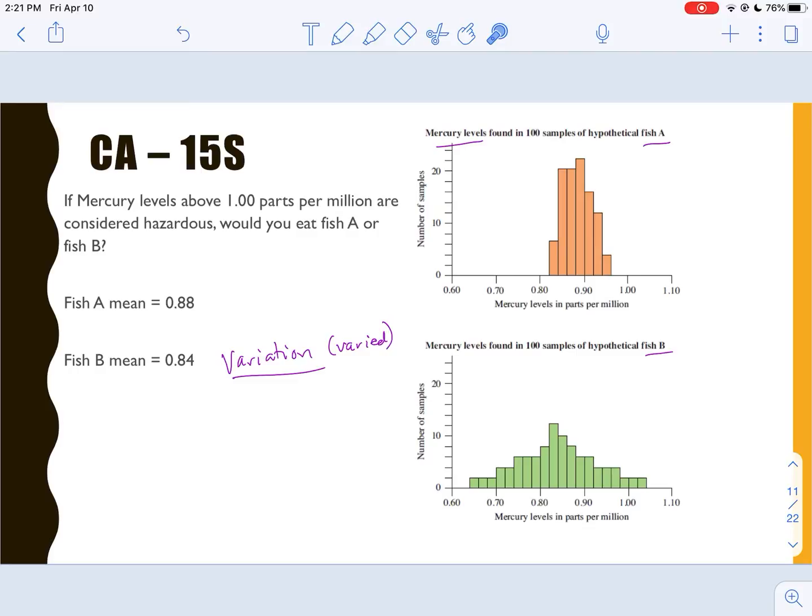But in this video, the main idea is just want you to get comfortable with looking at graphs, thinking about graphs, interpreting them, and seeing that the mean is useful, but we also need to be looking at something else that we're going to call variation, and we'll look at that actually